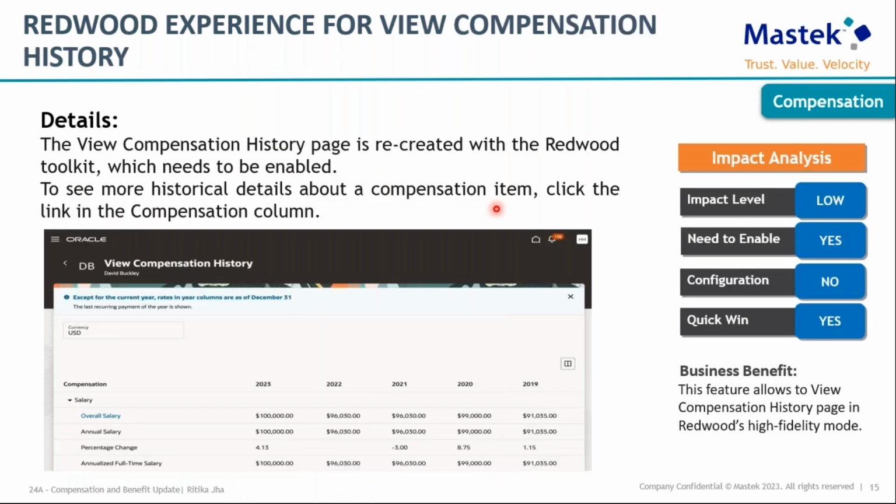Moving to the next compensation feature, it is Redwood Experience for View Compensation History. Now you can utilize the View Compensation History page recreated with the Redwood toolkit once you enable the Redwood Experience. The salary details are available based on the year periods. And to review the historic details, you can click on the compensation column